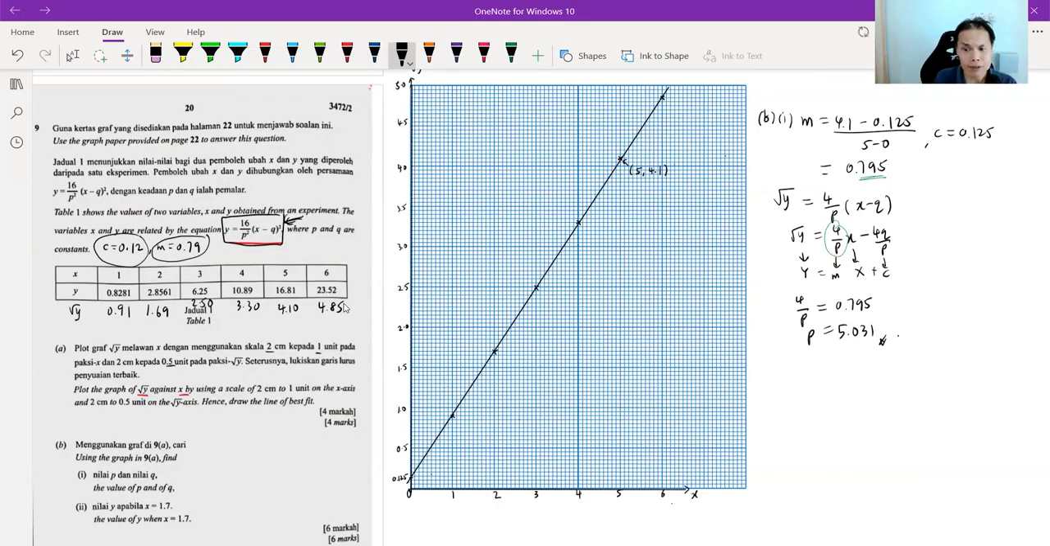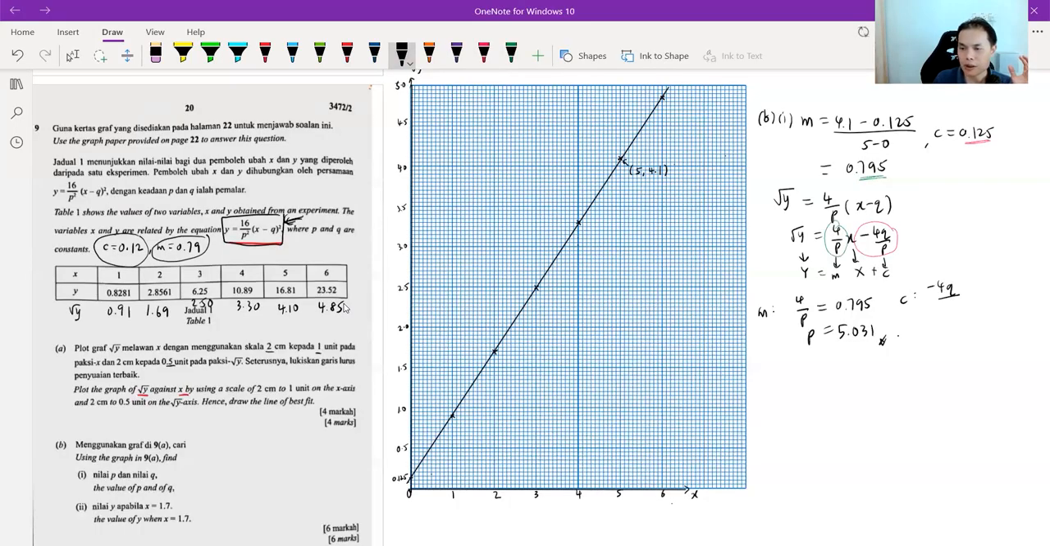Some of you may get 5, it's fine. If you get your gradient as 0.8, it's okay. 0.79 is still okay, right? Now, for your y-intercept, if you compare from the graph, I got 0.125. From the equation here, there is a negative here. So this is comparing gradient, and this is comparing y-intercept, negative